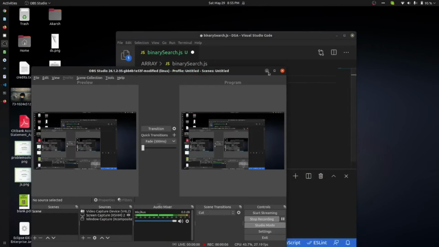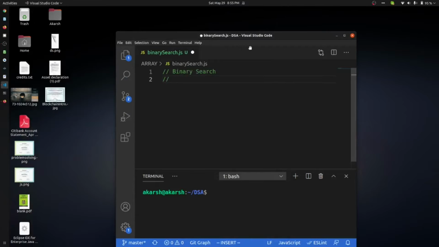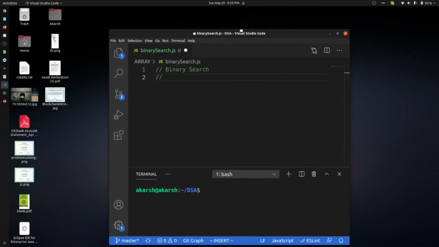In this video we are going to learn a classical algorithm, that is the binary search. So what is binary search? You will be given an array and a number or a string, anything. I am just assuming that we are searching for a number, but you can also search for a character or a string or any other thing. So we will give an array and a number, and you have to search this number in this array.